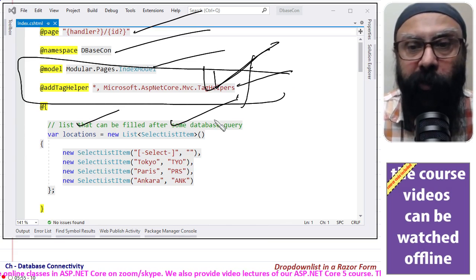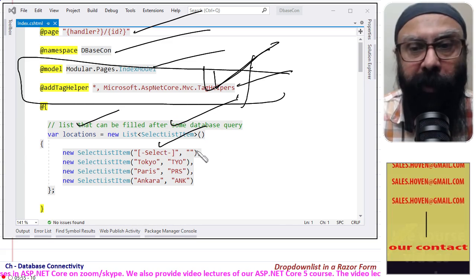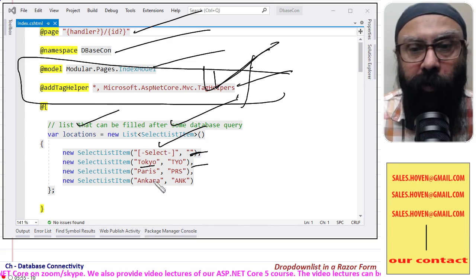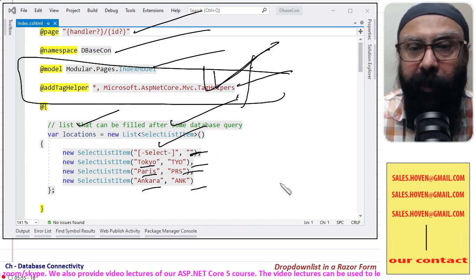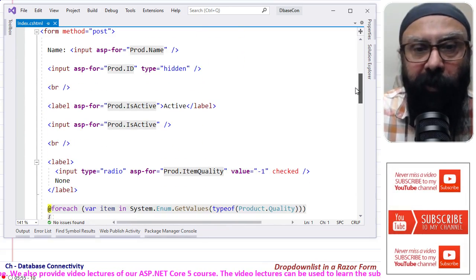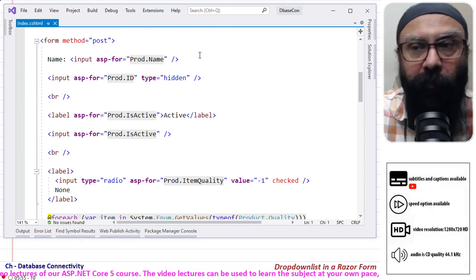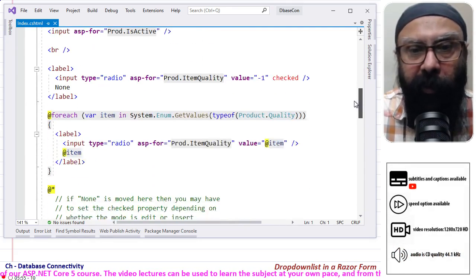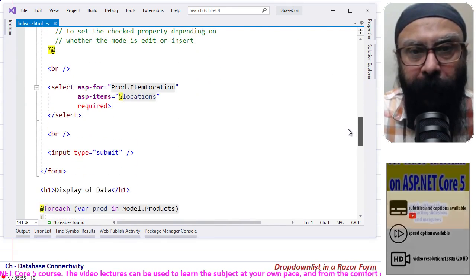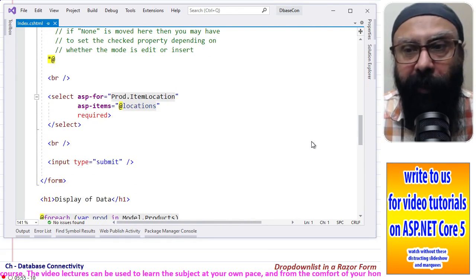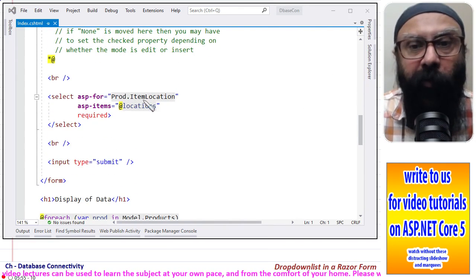Locations is equal to new SelectListItem, new SelectListItem, select. Look, this is empty. Tokyo, TYO, Paris and Ankara. And once this list is with you, the other parts I'm not showing. Now this is the form, and inside this form somewhere we have this select asp-for is prod.item.